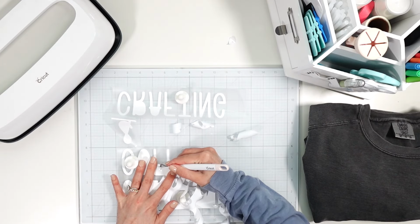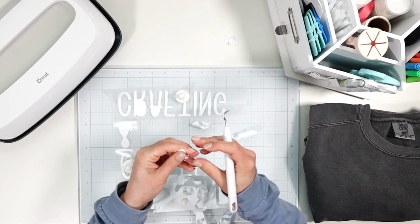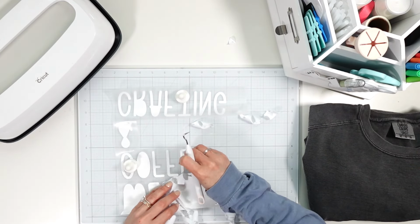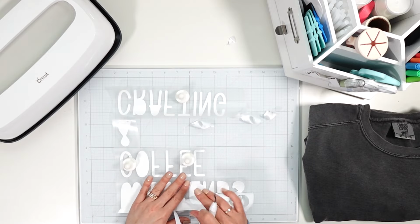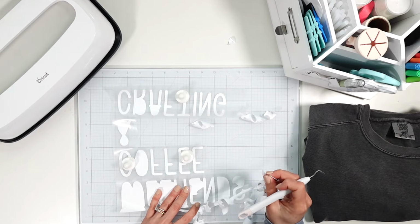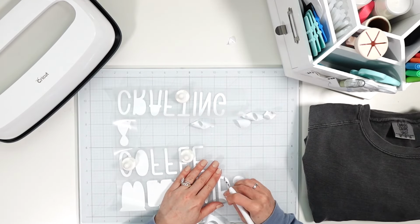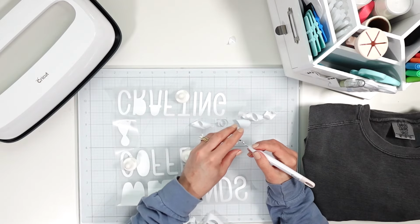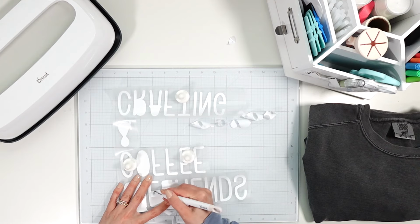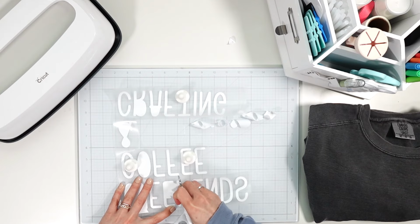So this is thick. If you've never worked with flock before, it is a very thick material, and it is kind of like a felt feeling as well, so you're aware of that. And I really like this in lieu of puff vinyl because there's so many different brands of puff vinyl, and sometimes I've just come across some that don't puff out as much as I want. And if you've got a really good brand that you use, definitely let me know in the comments below, because I guess I'm just kind of going cheap with it, and so I'm not getting very good